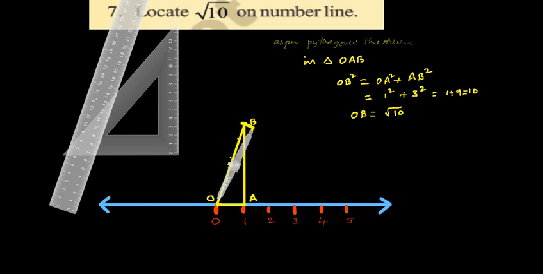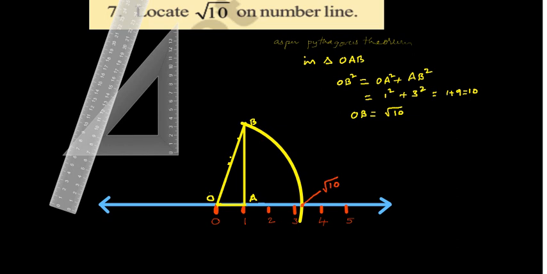Right, you may observe it. Okay. Now you remove the compass and you observe where it intersects the number line. You put a point where it intersects. That indicates root 10. This is the way to identify root 10 on the number line. Already you know it from the previous videos for root 2 and root 5. You may do this in your notebook.